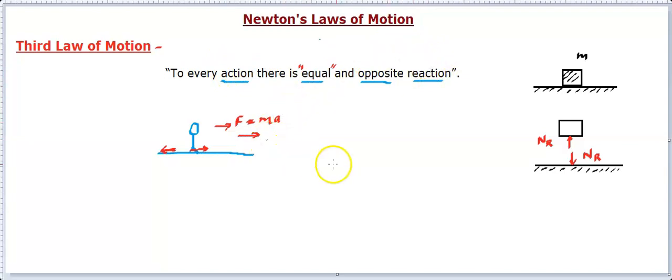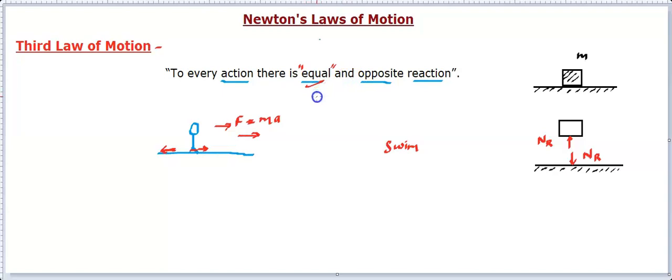As with walking, you can connect it to when you're in water. Your swimming exercise is simply like this. You push the water backside using your hand. Why are you pushing the water backside? Simply because you are expecting the water to give a reaction, and that reaction is going to be opposite. That means the reaction will come to you in the forward direction, so you will be moving or swimming forward. And if you want to swim faster, you will give a strong action, because the same amount reacts back.